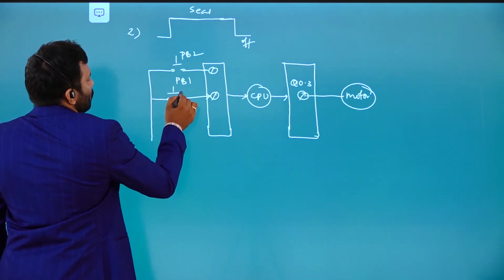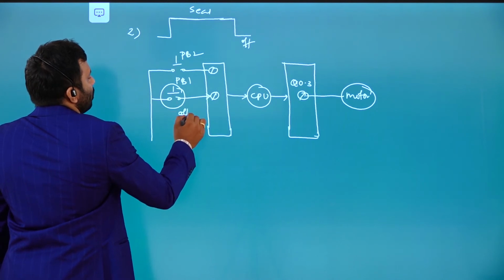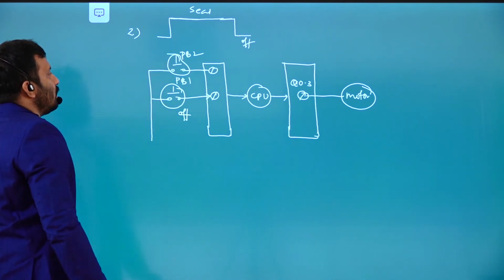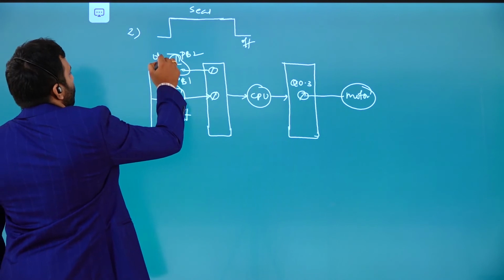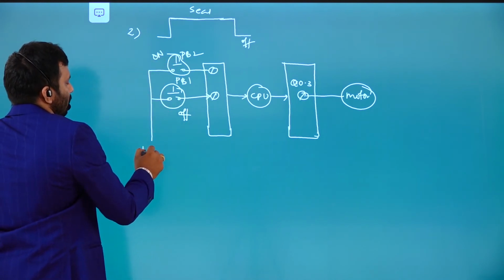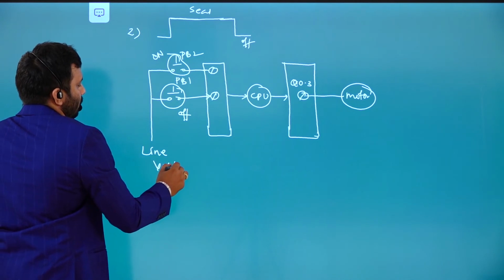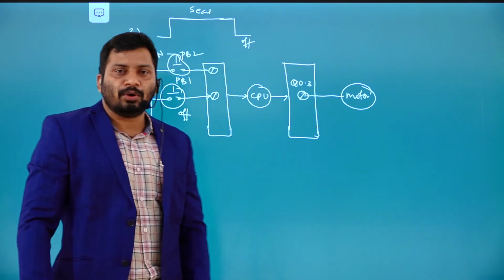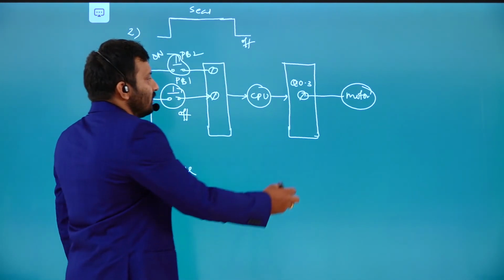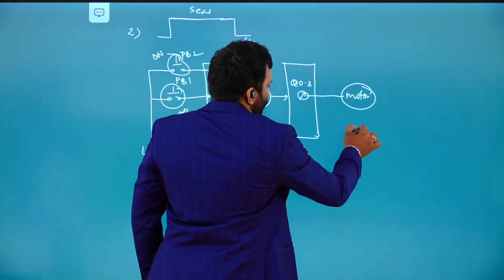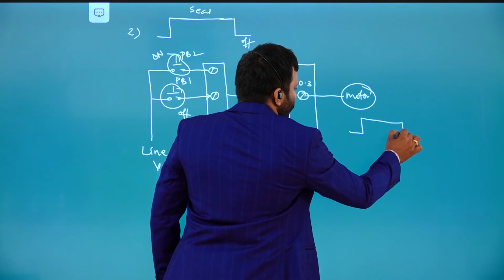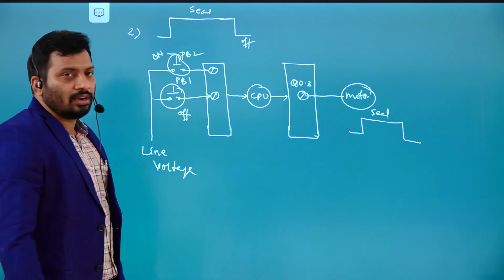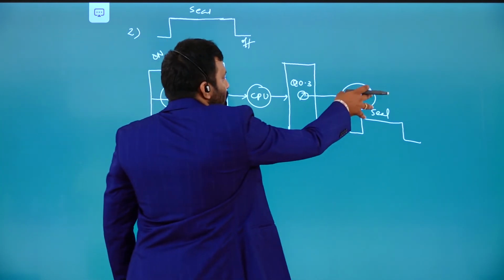Push button 1 is normally used to turn off the motor. Push button 2 is going to be used to turn on the motor. In this application, two push buttons are used, two input devices. What is the output device? The motor only. This motor you want to turn off as well as on, and you want to maintain this particular seal circuit. That means to keep this motor on. So this is the way you want to control this particular motor.